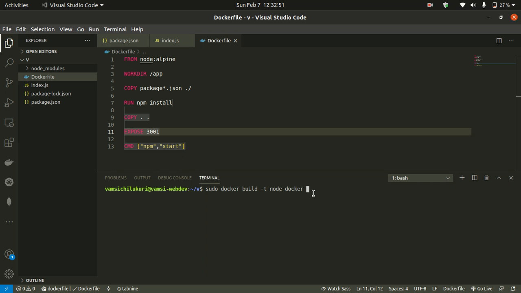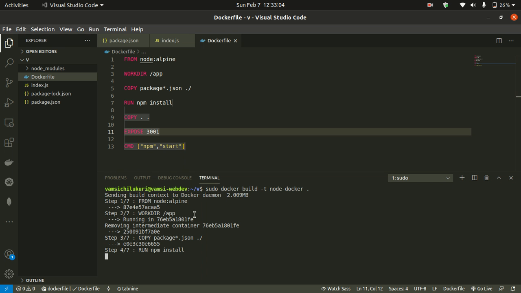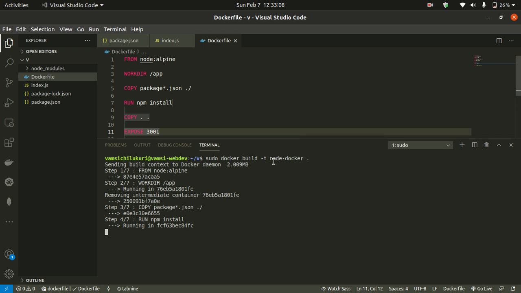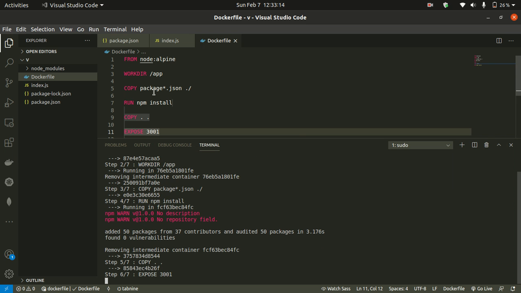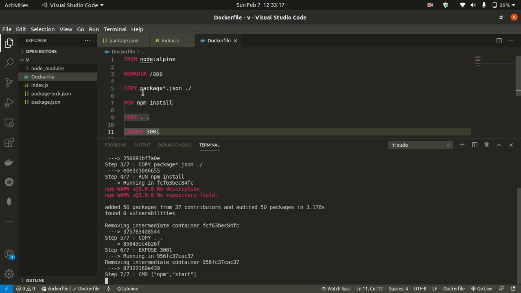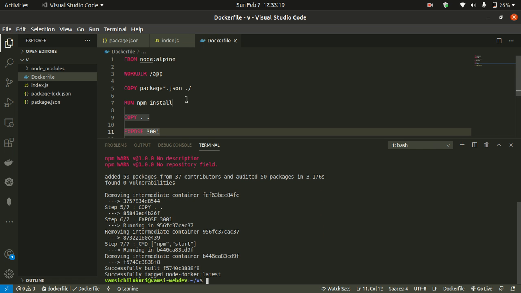After that, we give the path where our Dockerfile is located. It is the same directory, so dot is the location of the file. Here our Docker image is building: first taking the base image, making the app directory and copying our package files. Okay, our image is successfully built.